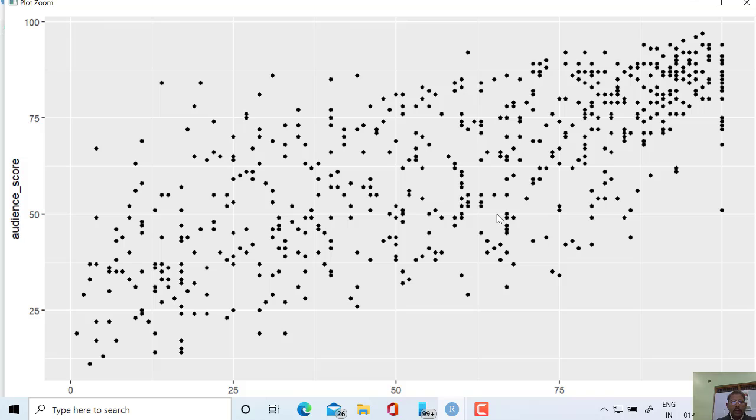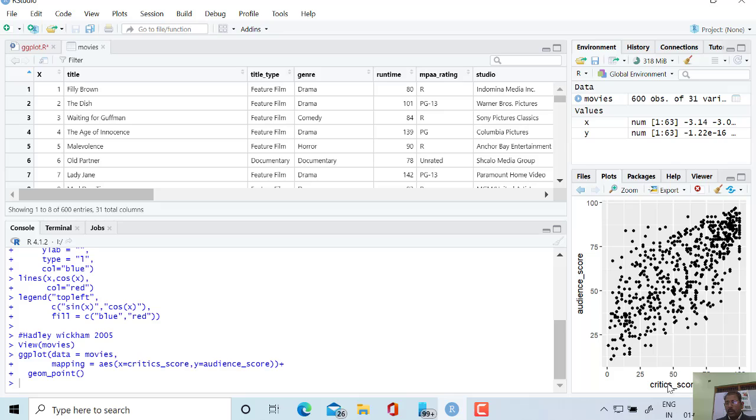And if I click on the zoom button, then we can see that on the y direction audience score is there, and on the x direction the critic score is there. In this way, there is a scatter plot between them. So we can see that the inclination is toward 45 degrees. So mostly if we draw a regression line here, when we will study the regression part, right now I just want to draw my chart in a very interactive manner.